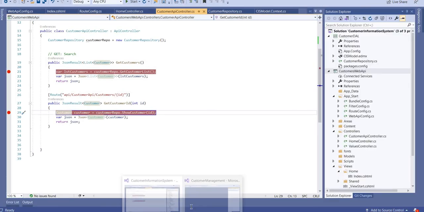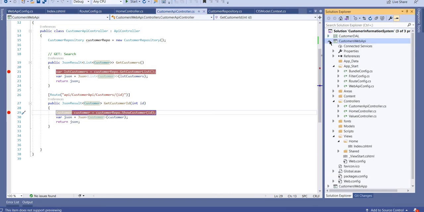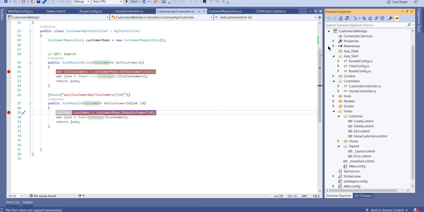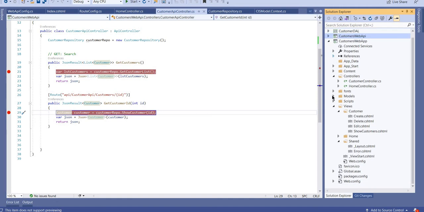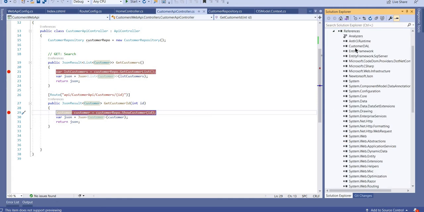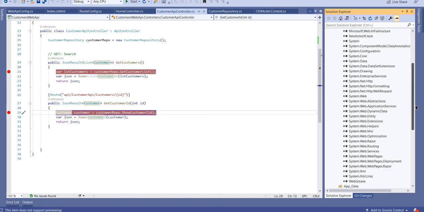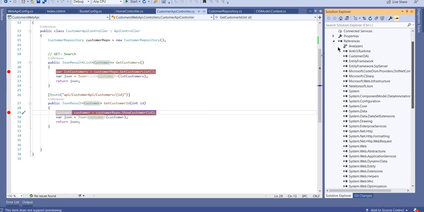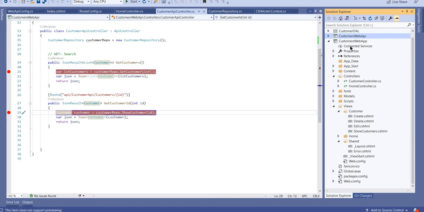Now let's move to our third project, that is the web app MVC project. First, remember you have to add the reference of that customer DAL. Then you have to add two namespaces, Entity Framework and ASP.NET Web API Client.